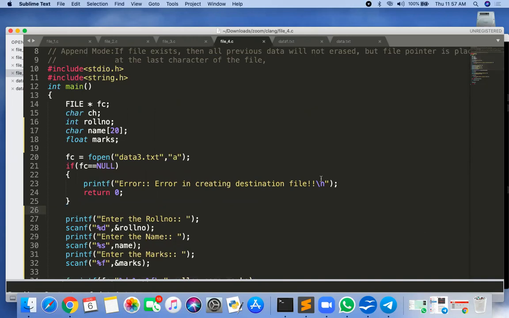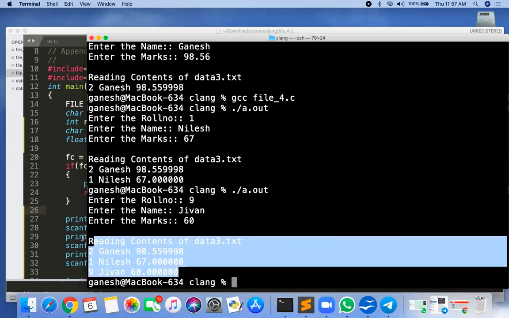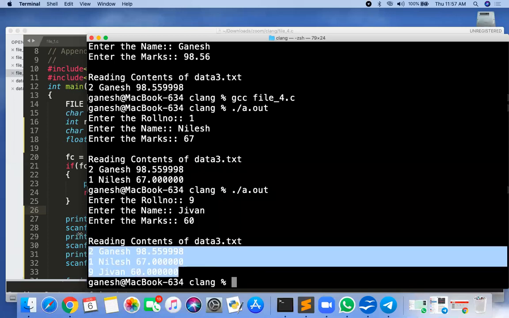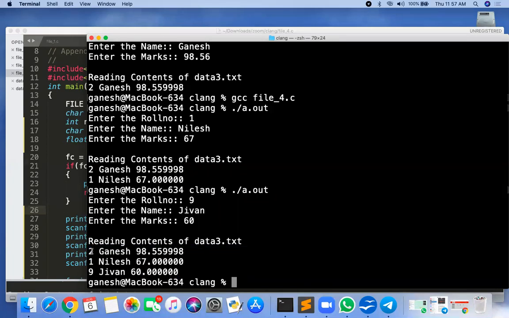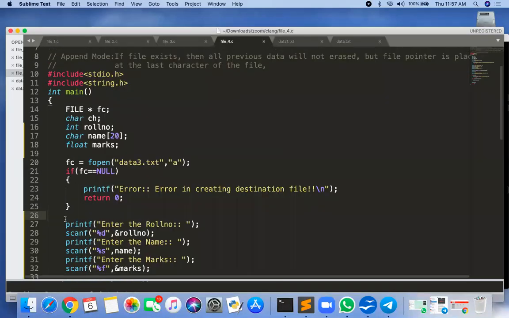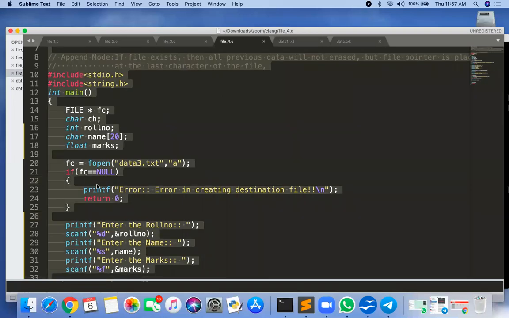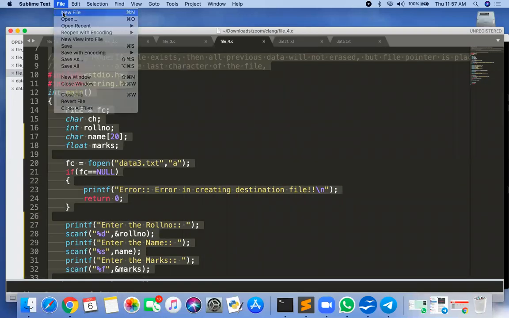In the next program, whatever the contents of that data3.txt, these three students, I want to read it back. So I want to store this 2 into one variable, the name into another variable, and the marks into a third variable. That one is your new file now.